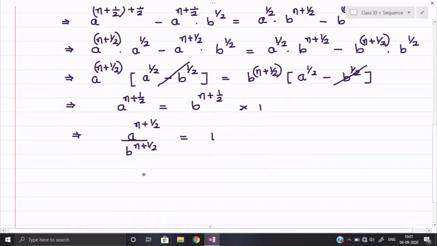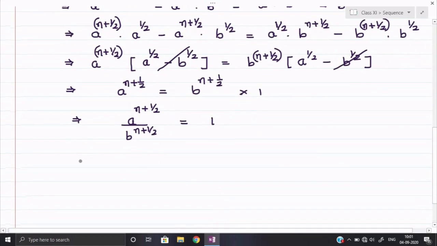Now from the terms a to the power (n+1)/2 and b to the power (n+1)/2 I can take their power common, so a upon b will be as it is and the whole power will now become (n+1)/2, is equal to, we can say here 1 remains, I can write as (a upon b) whole power